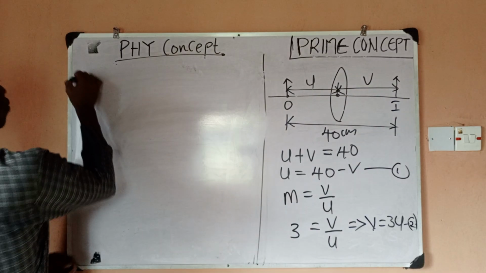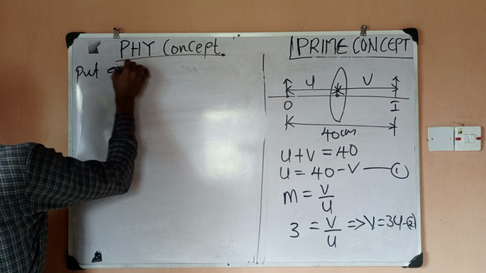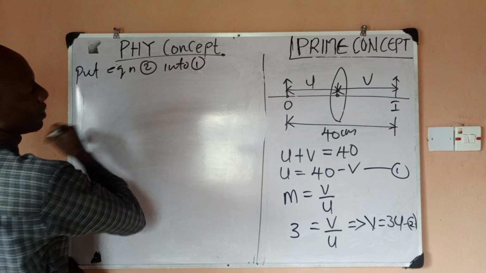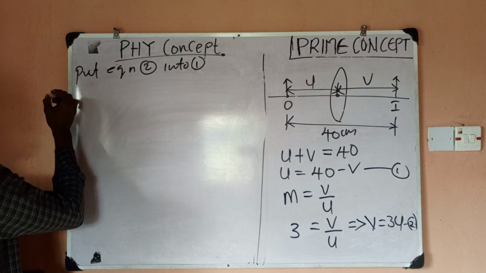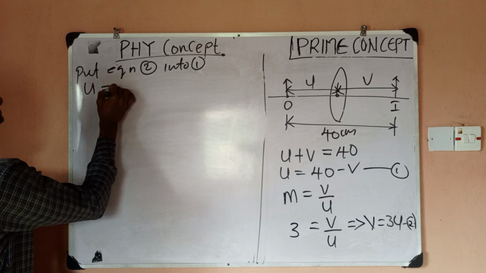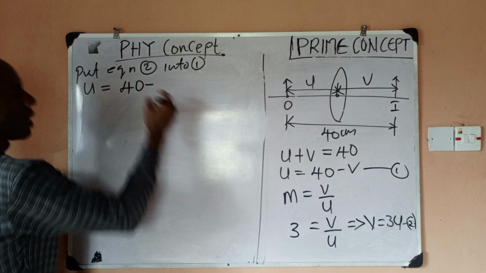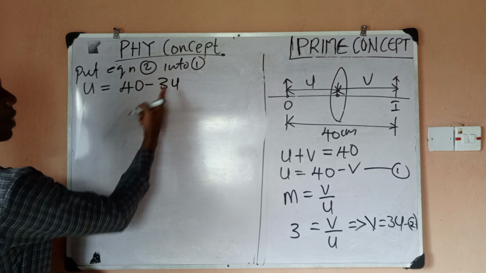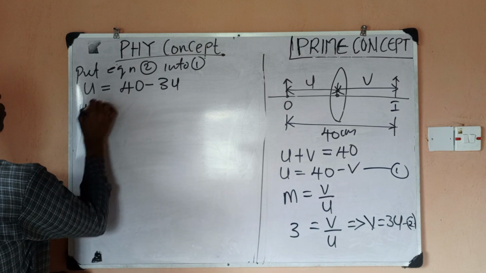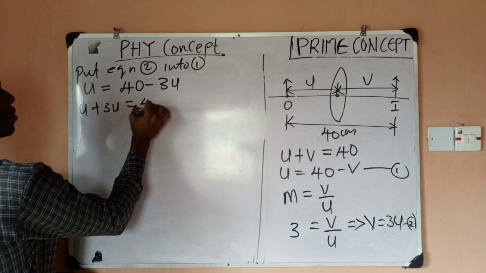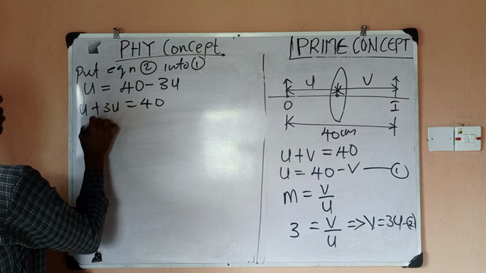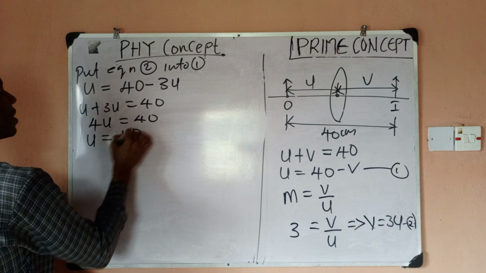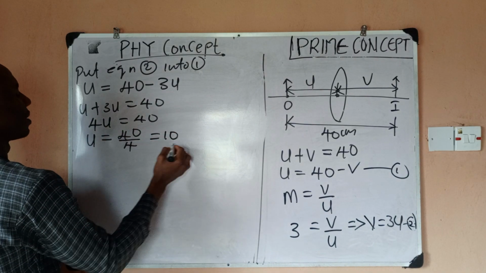So if I put equation 2 into 1, we would have that U becomes 40 minus V, and V is 3U. So when you take 3U to this side, you'll have U plus 3U equals 40. This is 4U equals 40. So that U becomes 40 by 4, which is 10